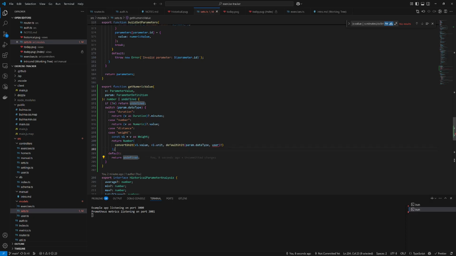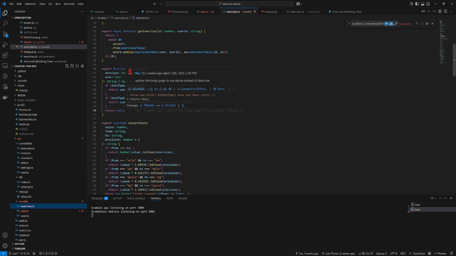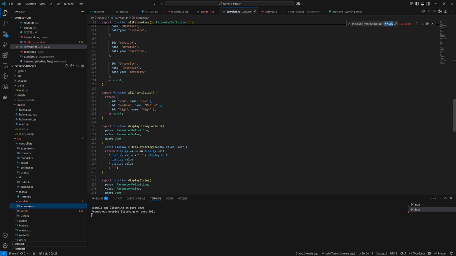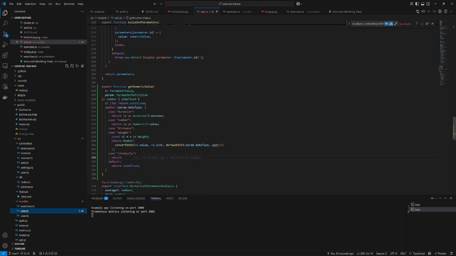And what do we want to do for case intensity? I'm thinking I'm actually going to return a kind of a mapping here. I want to map these intensities to a number, basically. If we look at the all intensities function here, the order of this array is what's going to determine the numeric value for each intensity, if that makes sense. So we could do like return all intensities